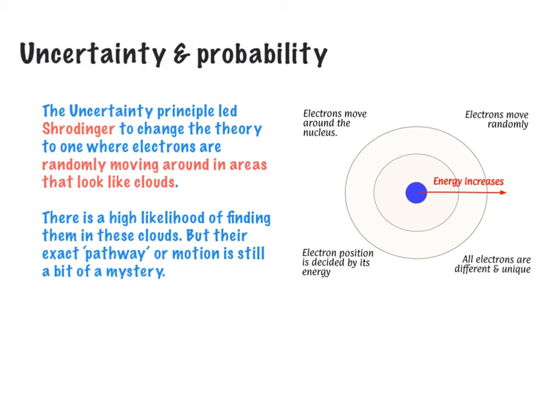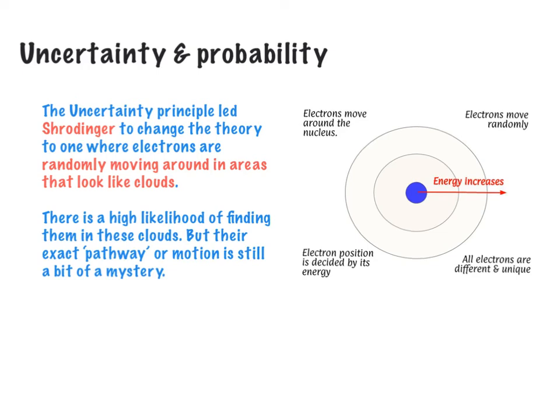And again, here is this thing, here is the nucleus in the middle, and energy increases. The energy of the electrons increase. So this has got the lowest energy, that's the second lowest, and it keeps going. Now, I've only drawn two clouds or shells here. And